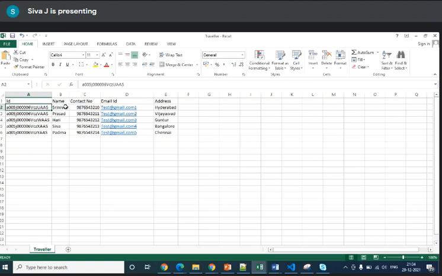Now let me try to change all these values to different ones. Here I can keep it as Ram. I think I gave these values, and here I can change everything to an 8 series.